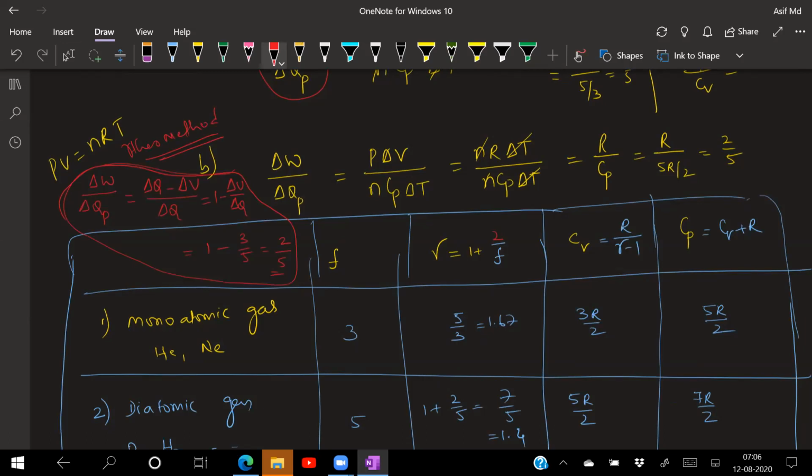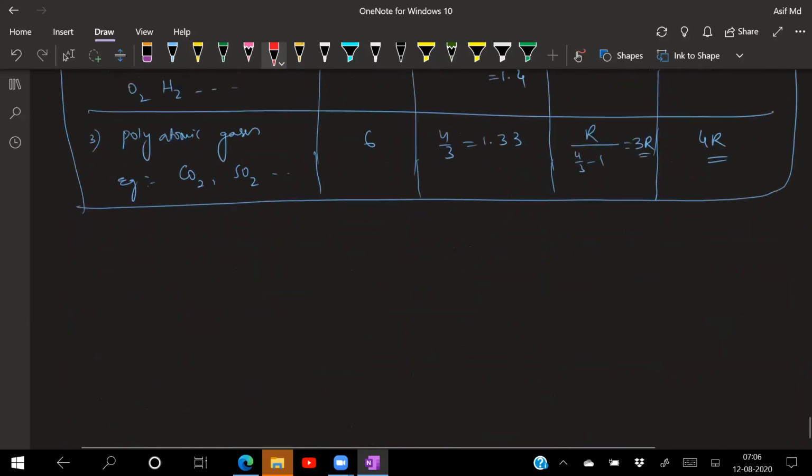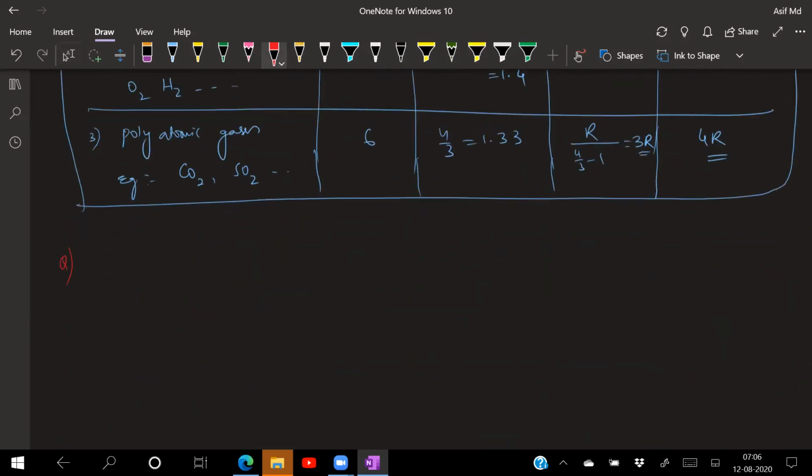Okay? One more question. A sample of ideal gas. We need to do at least 50 questions on this, beta. Then only you will be able to do it. That means I need to do at least minimum 50 questions for you, covering all the models. Then to some extent you can do these problems, because it is not as easy as thermometry or thermal expansion. Now the level of your understanding of the concepts is increasing, so you should also gear up to increase your level of understanding.